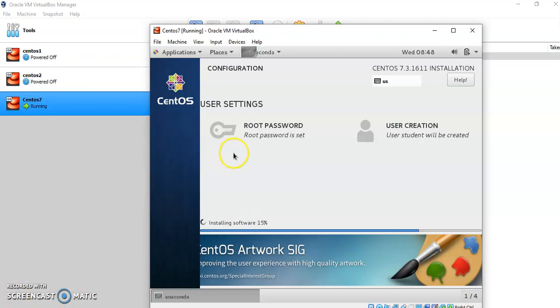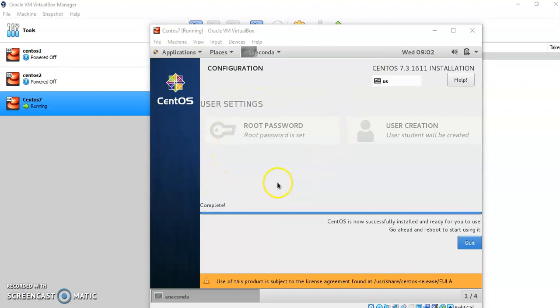So now it will start the installation, and you have to be a little bit patient, as it takes around 10 to 15 minutes to complete the installation. Before closing that, before completion, there are some other topics also. So we'll wait till it configures or installs the remaining packages.